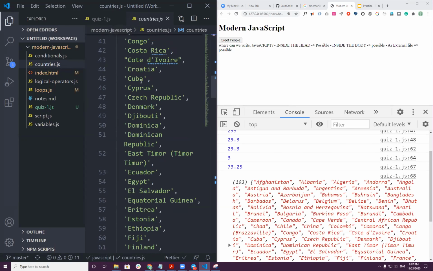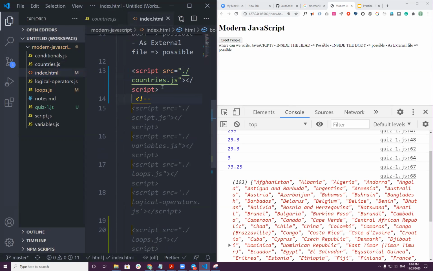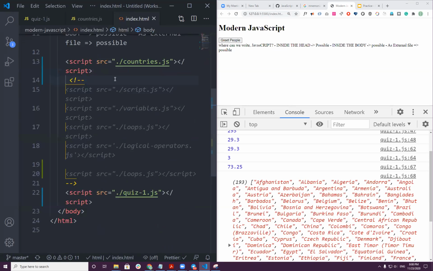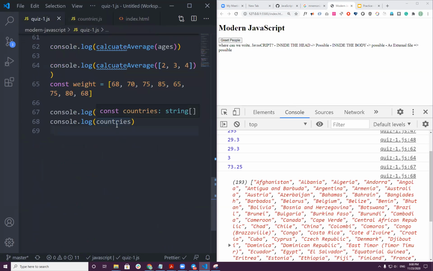I put this data a long time ago, and now we connected it to the index.html script source countries.js. The variable name for this one was countries, so we can access it from here, just print, and then we got this. Did you get it?